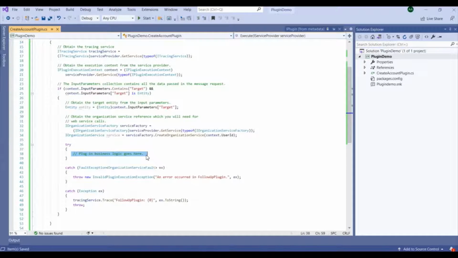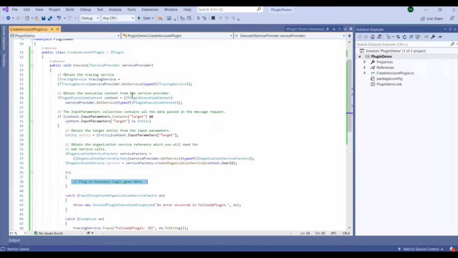So basically, the account we are going to create, in the context we will get the account data, account details. For example, we will get the account ID to associate that account record with the task. So this is a simple code. This line, from the context we are getting the target entity record in the entity object, but as of now we will not be using it, so we can leave it or we can comment it out, but it's fine.